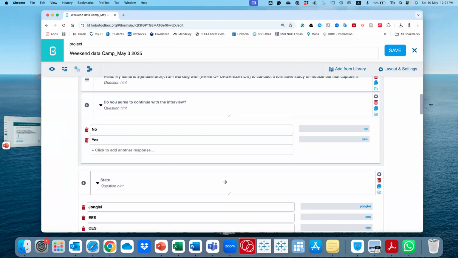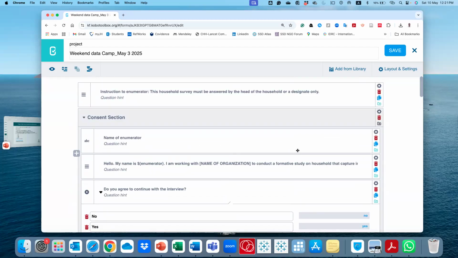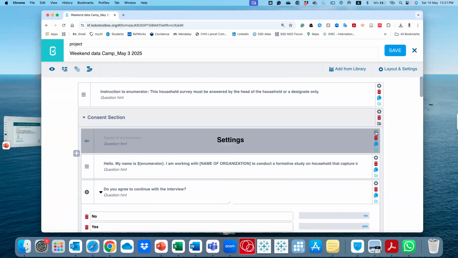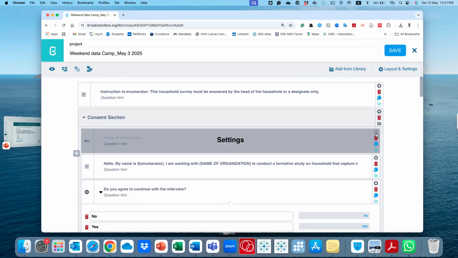One of the things that I have not shown you is, in most cases, to ensure that there's completeness of data, you need to make most of your questions mandatory. To make questions mandatory is very simple. You just go to the question, you hover over the question itself, and then you come to this settings icon.